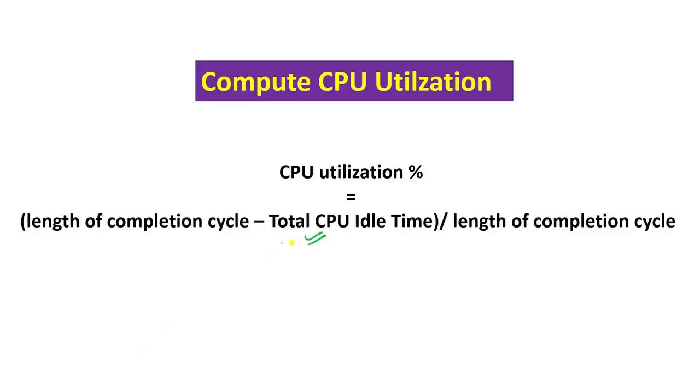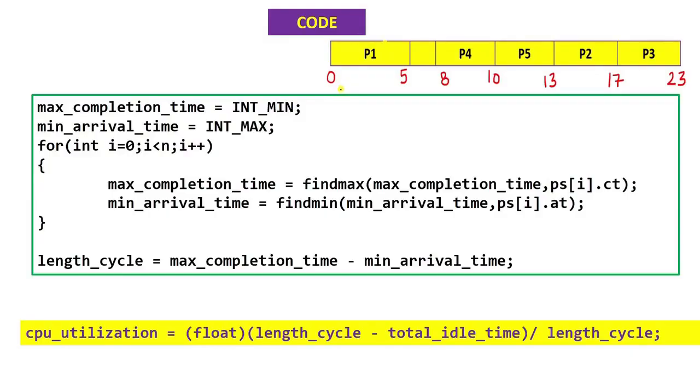So this is over. Now I have to compute the length of the completion cycle. So length of the cycle means this process started at 0, completed at 23. So what is the length of this cycle? 23 minus 0, 23. Let's say if P1 started at 2, then 23 minus 2, it will be 21. That will be the cycle length. Okay. Now this is the code for this. So what we are actually saying, okay,